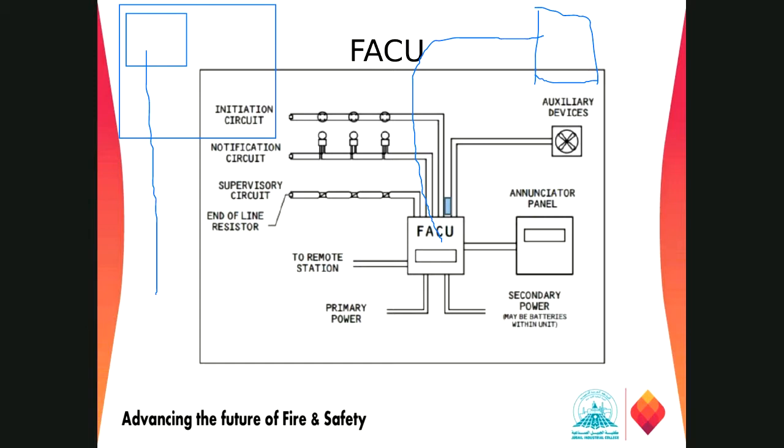It will announce the condition inside the main control unit, so that if the person is at the security gate, he has the annunciator panel with him. He can understand what is happening in the fire protection in the plant. So we are just taking the connection from the fire alarm control panel to some location where someone is continuously monitoring the condition. If there is a fault, it will show in the annunciator panel that there is a fault at those locations. So the security person or anyone authorized will go to the fire alarm panel and look into the following cases.